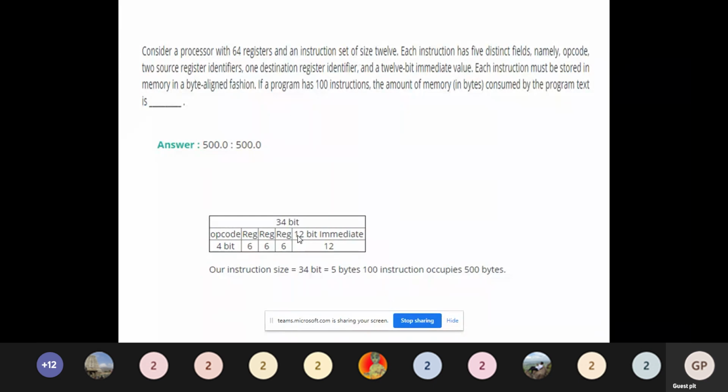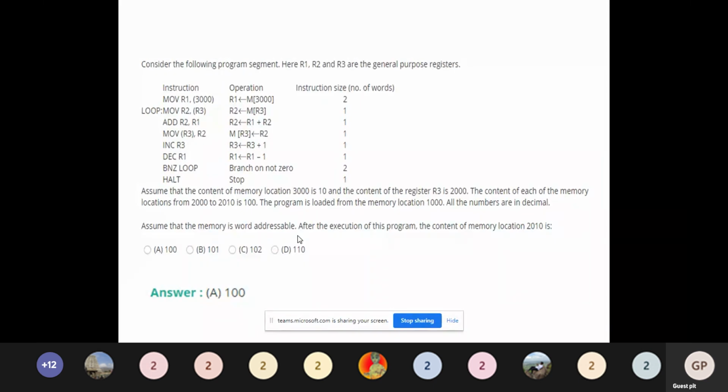The next is this program, which we have seen in the last class itself, but there different questions were asked, and now it is related to the memory location. So consider the following program segment. Here R1, R2 and R3 are general purpose registers.